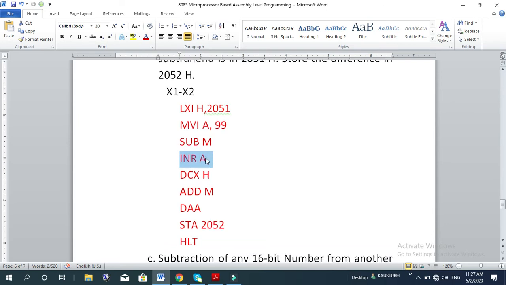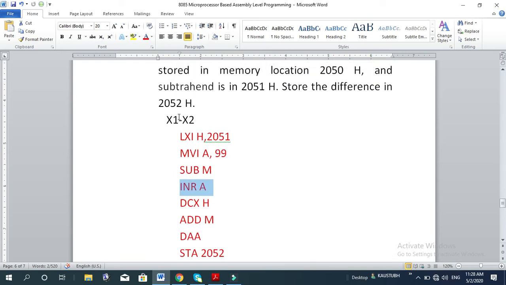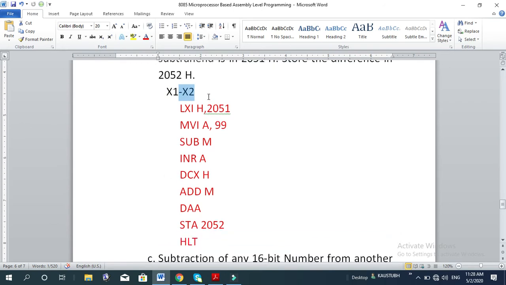So whatever be the result obtained at this stage which is there in the accumulator, then INR A, it will add 1. Okay, INR means increment by 1. So accumulator content gets incremented by 1. That means at this point it was 9's complement, then INR A means it is 10's complement. Okay. So my minuend subtrahend gets to the 10's complement, and right now that is there in your accumulator at